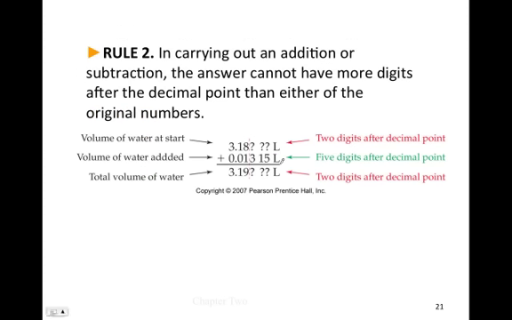When we add, we look at the DAD. That is a crazy saying, but that is my saying. When we add, we look at the digits after the decimal. And so here we have 2 digits after the decimal. We have 1, 2, 3, 4, 5 digits after the decimal. In the end, we can only keep 2 digits after the decimal because the first value had only 2 digits